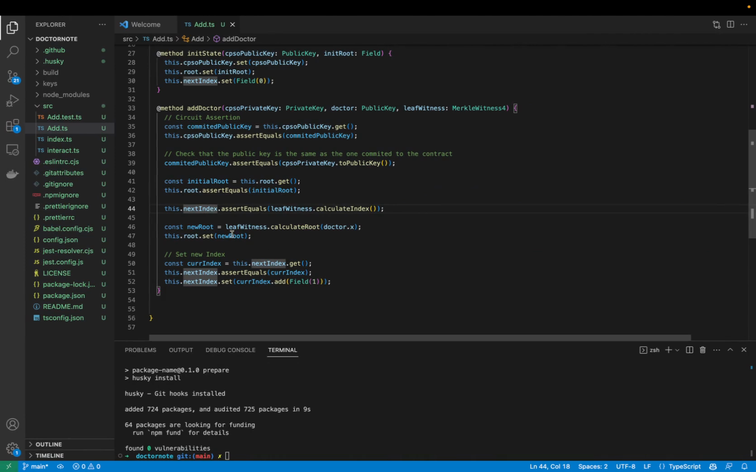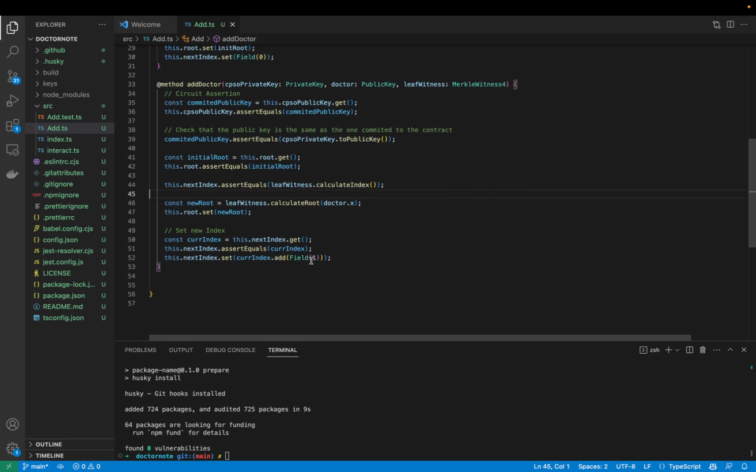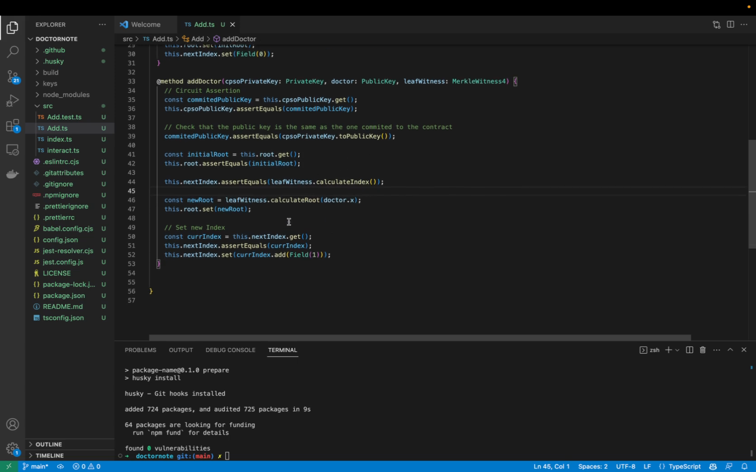So we get that. And then we calculate the new root, so we have doctor.x here. What you would want to do is Poseidon hash. I'm not going to get into that just to make it simpler, but really you would hash the public key of the doctor and store that, and then you could later on rederive it from that hash. But we're just going to keep it as doctor.x for now for simplicity's sake, because this is already getting a little too complicated. And then you have to set the new index, which is going to be the next index,